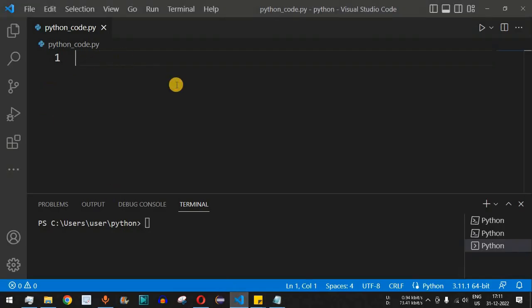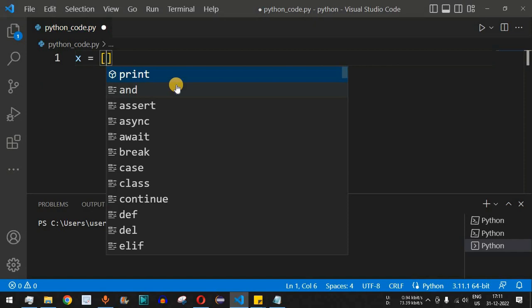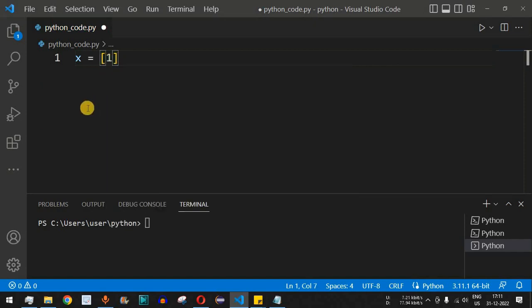So over here, let's say we have the variable name as x and we have the list of numbers over here. In order to define the list, we have the open and close square brackets, and we have the list of numbers. Let's say we have 1 followed by 2, and then we have 3, 4, and then 5. So we have the top 5 numbers over here inside this list that is defined in the variable x.